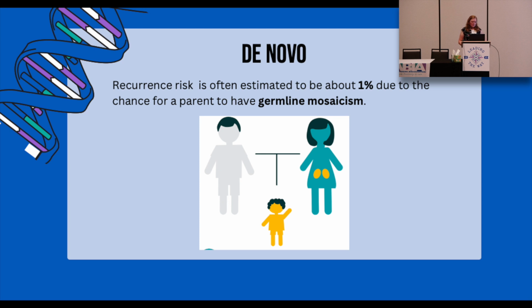For de novo conditions, the recurrence risk is often estimated to be 1% due to the chance for a parent to have germline mosaicism. So BPAN, for example, is often thought to be de novo in almost all cases, but there are some siblings that have it. And there's a high chance that the mother has germline mosaicism. She's mosaic, but she only has the change in her gametes, or her eggs. And there could be eggs with the change and eggs without,